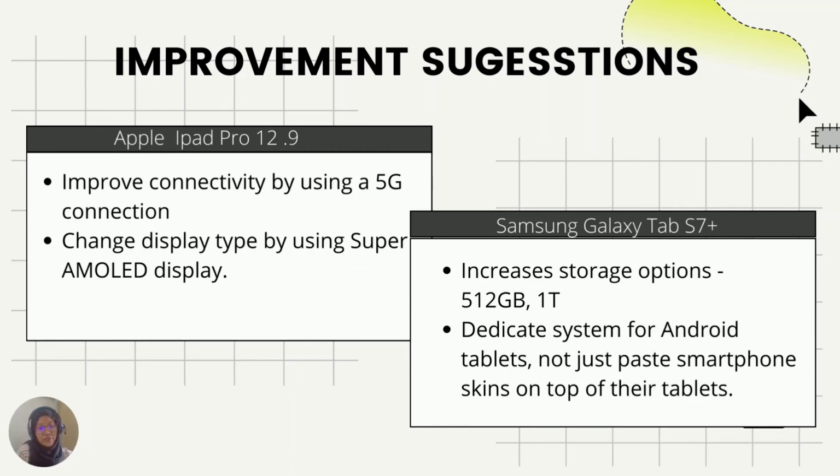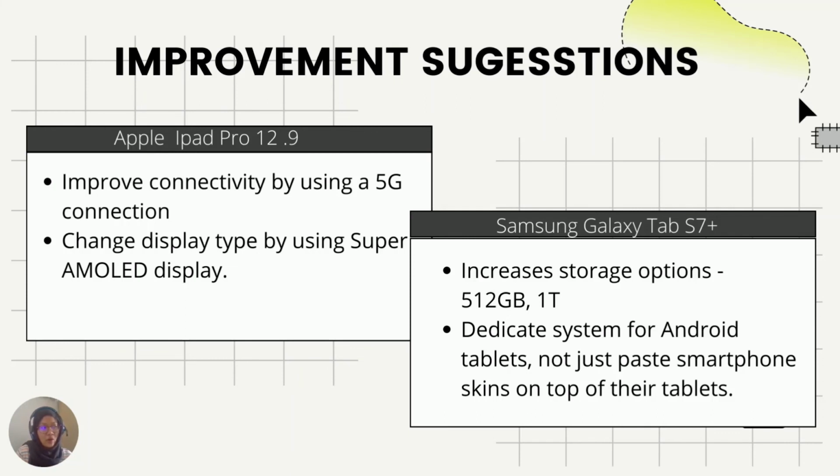And for the Samsung Galaxy Tab S7 improvement, we suggest increasing storage options, where they can increase the storage up to 1 terabyte, like Apple iPad Pro, which already offers up to 1 terabyte. But for the Samsung Galaxy Tab, they only offer up to 256 gigabytes. So they maybe can increase the storage option. And they also can